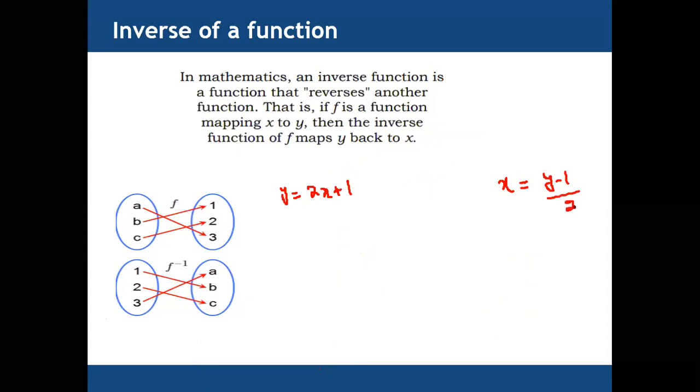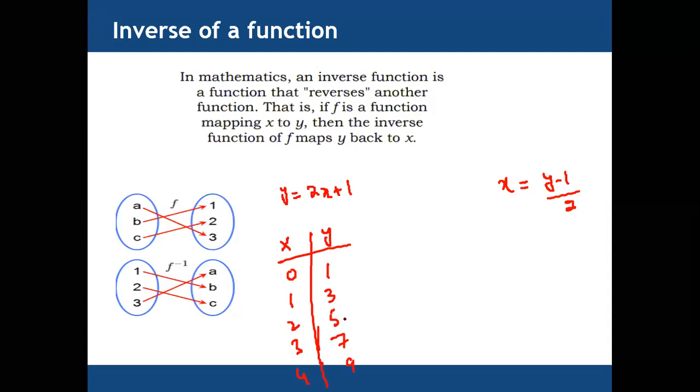And you will see when you give the x value and y value, these will be the same. For example, for the first one, x with y: when x is equal to 0, what is the value of y? 1. When x is equal to 1, y is equal to 3. When x is equal to 2, y is 5. When x is equal to 3, y is 7. And when x is 4, y is 9.